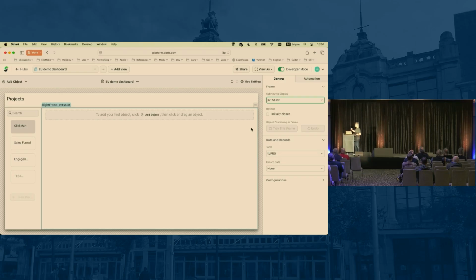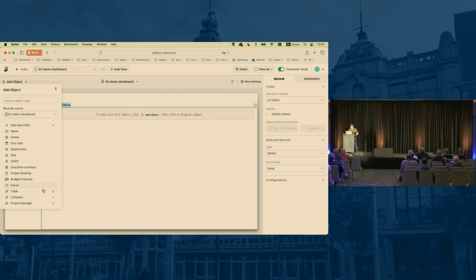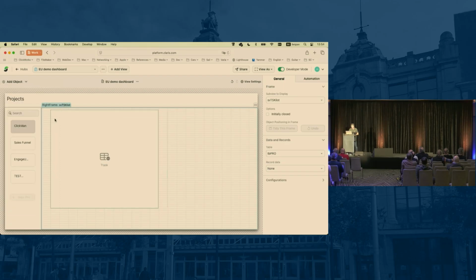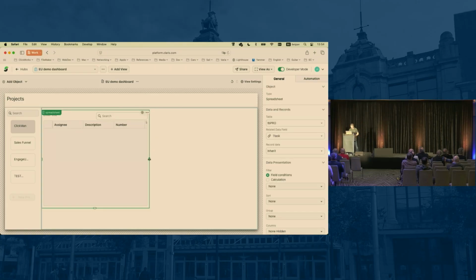OK, now to add related tasks to a project, there's a wonderful object, which is called the related items object. And currently, it is limited to 3 object types only. But from what I heard yesterday, they will add the Kanban boards and the other more advanced objects soon. So for now, I'm stuck for this demo with a simple spreadsheet. But in the future, you will be able to display a Kanban board, a timeline, and so on. So this spreadsheet is now driven by the